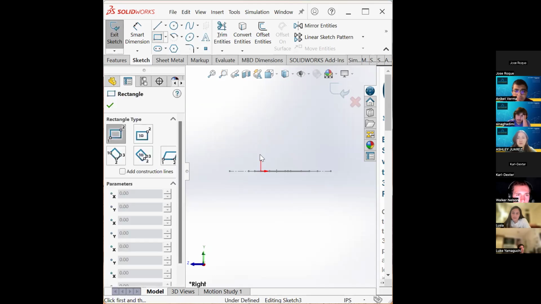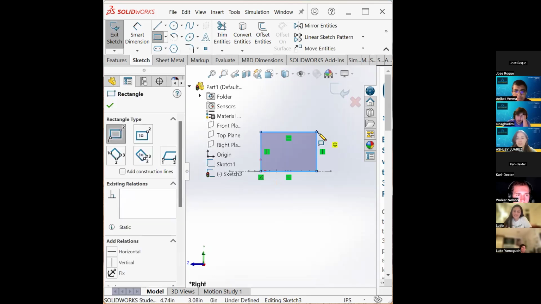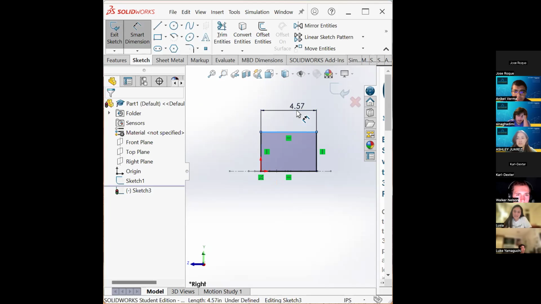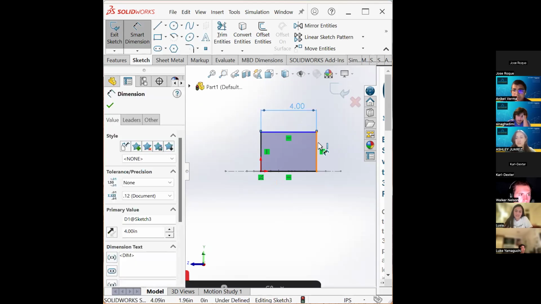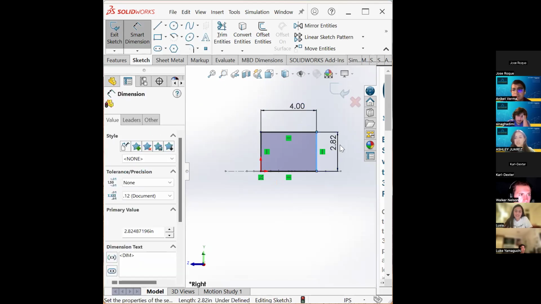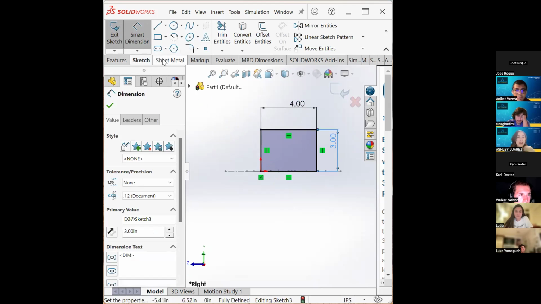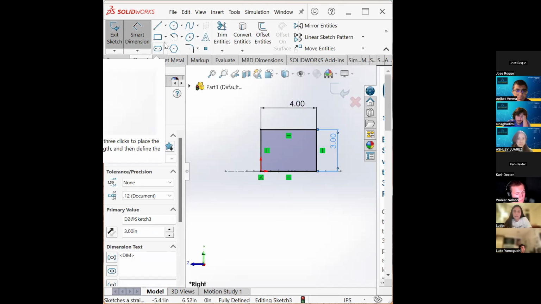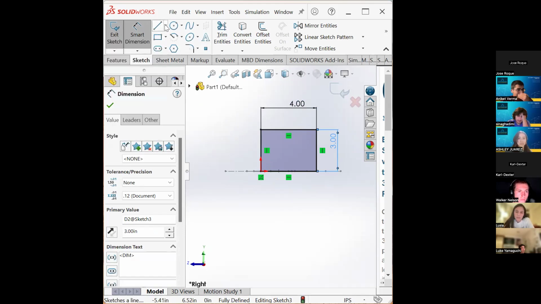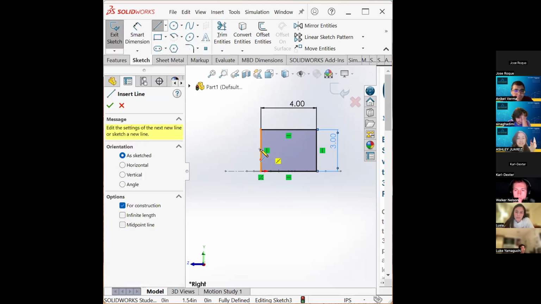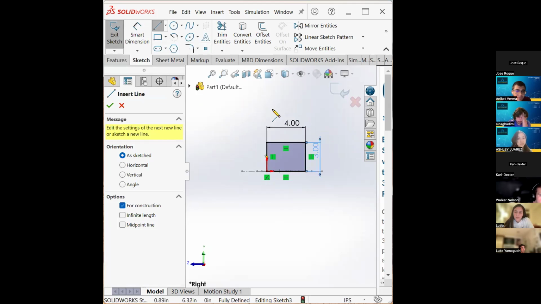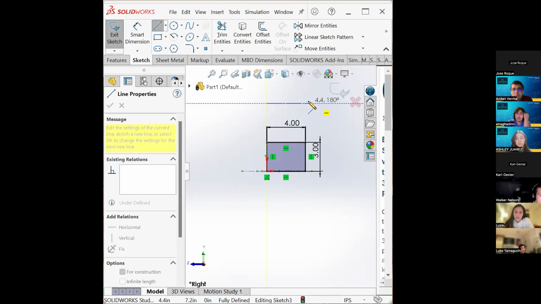Say, for example, my rectangle here. Let's just define it really quickly: 4 inches, 3 inches. I know that this rectangle has midpoints, but I cannot see these midpoints, and let's say I want to see them there. I cannot always have these midpoints be visible. SolidWorks doesn't allow that. So what you could use a construction line for is just to display where that relation is